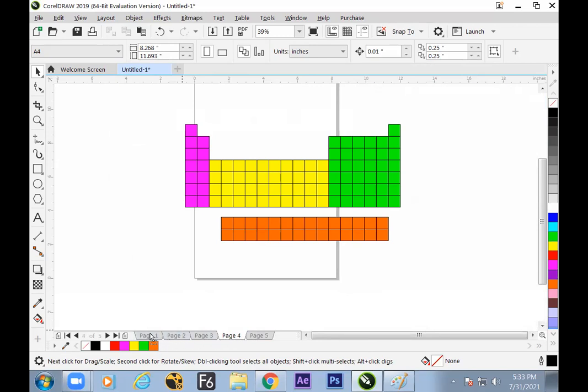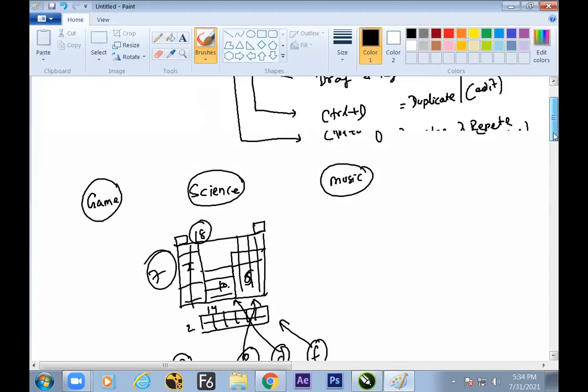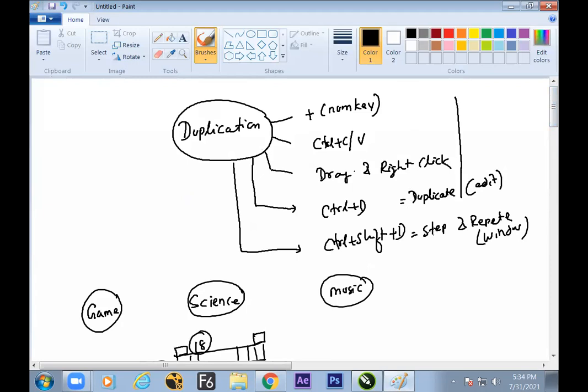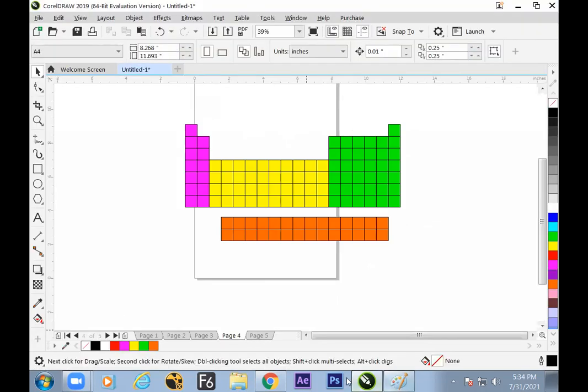Now the repetition is not only with the boxes with position. Now the repetition will be done in rotation also. So let us go for the next tool to be learned before we go to duplicate by step repeater.